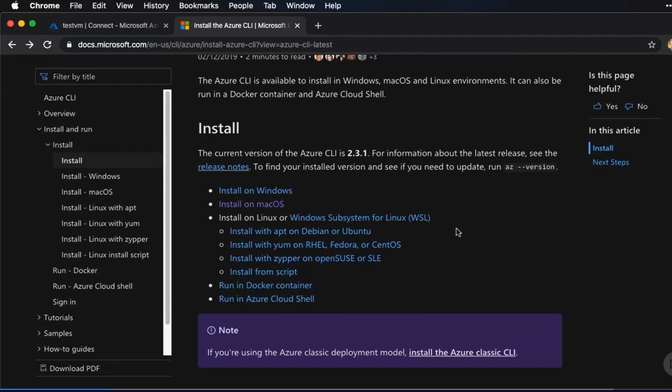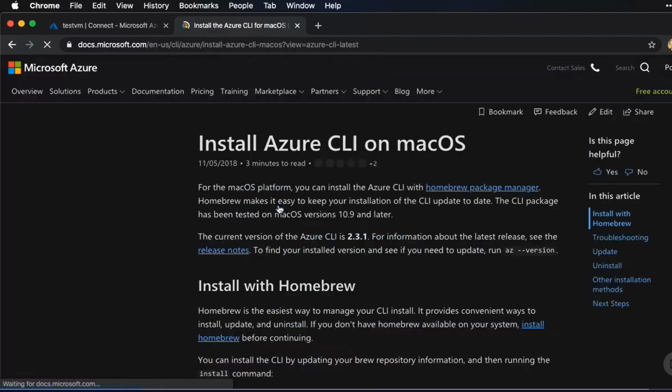In this case, because I'm on Mac, I'm going to choose this option, but let me call out something first. One of the great things about the CLI is that it works exactly the same on any of these different platforms, and the command structure is exactly the same. So if you're going to script different ways that you're interacting with Azure, those can actually run across Windows or Mac or Linux. So in this case, I'm going to go to Install on macOS because I'm currently on